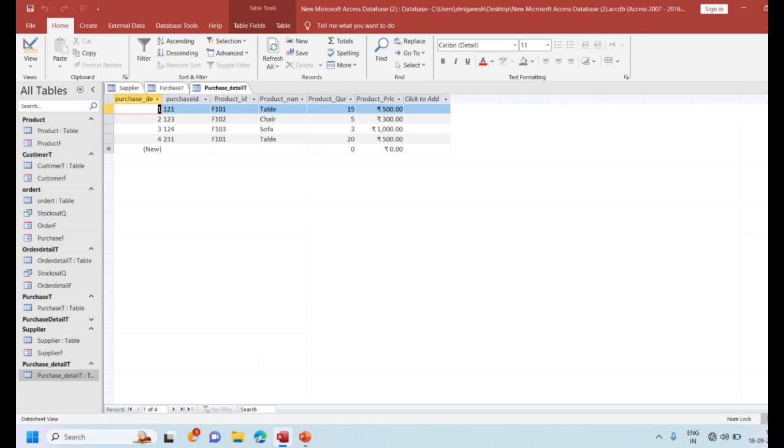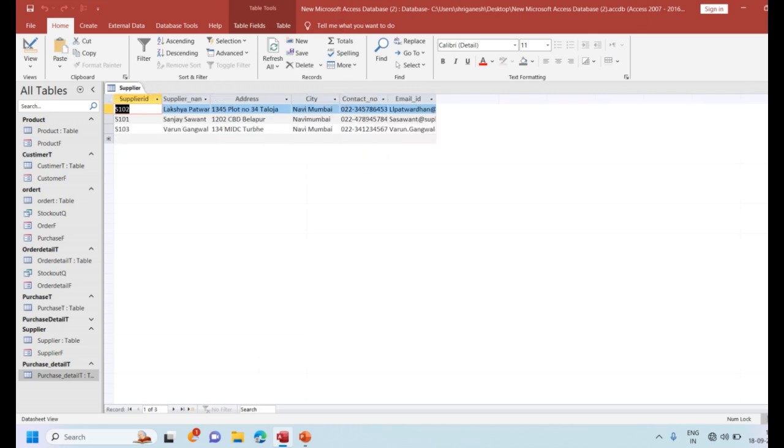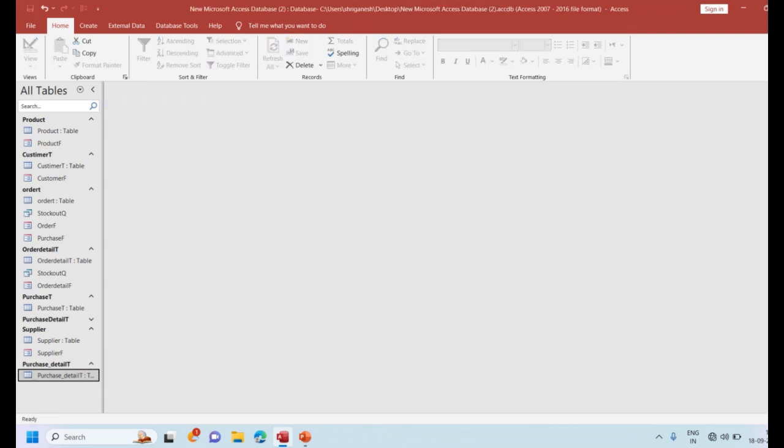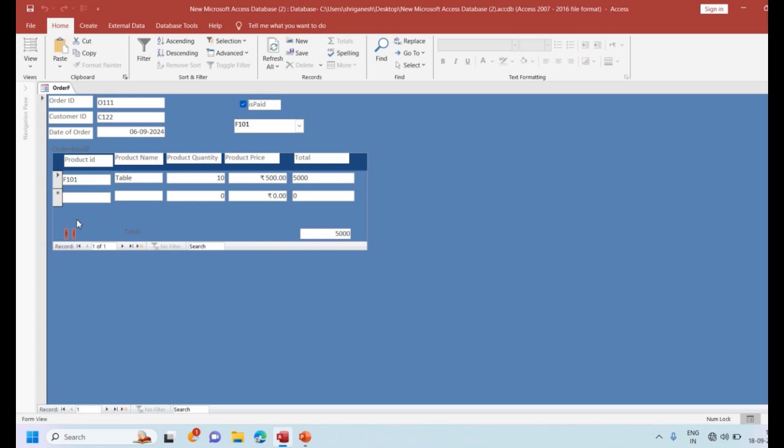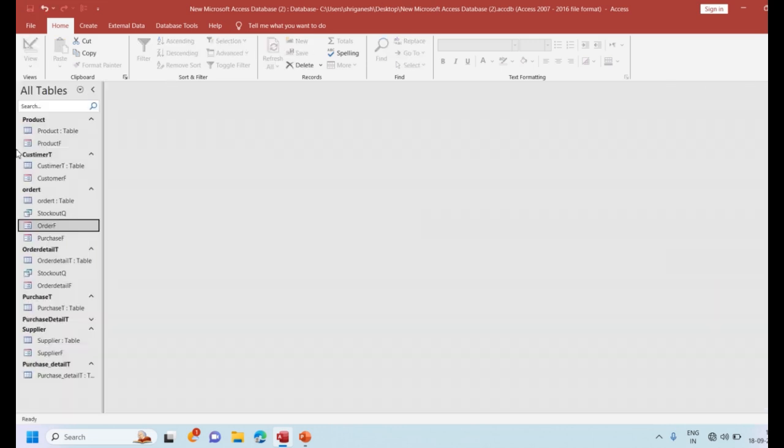Now I want to create the purchase form and purchase detail form. As you know, in the previous video we created an order form, and I want the design of the order form and order detail form to be like this. You can see that I created an order form, and in a subform I created an order detail form. I want to keep the design as it is, so I do not explain it again and again. I just copy it, paste it, and name it purchase F.